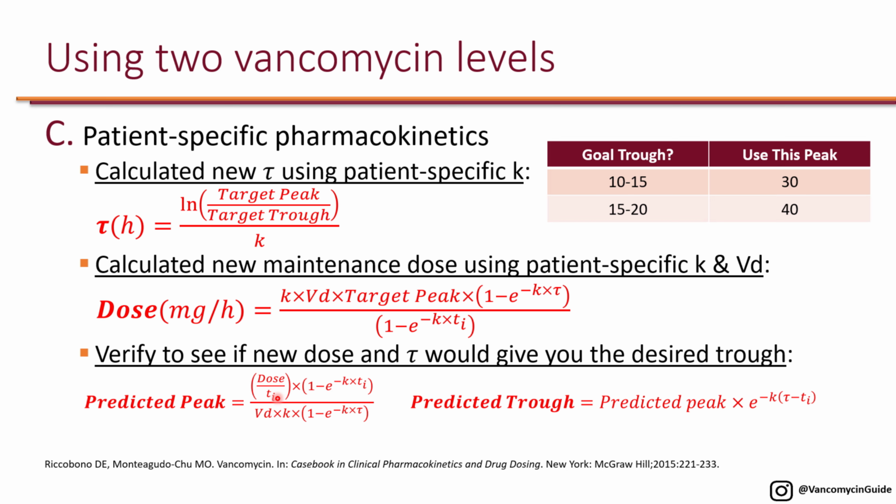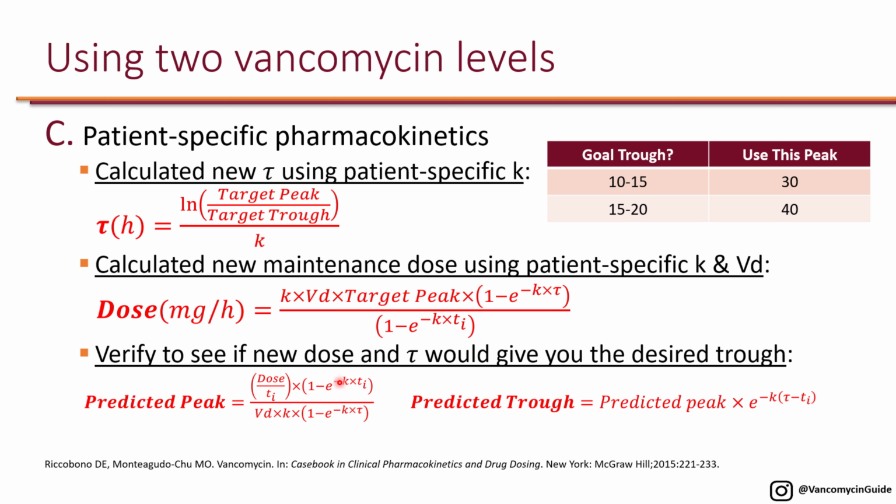Because remember, for vancomycin, we have to choose an infusion time that would avoid or at least reduce the risk of red man syndrome. So if you have a dose of 2000 milligram, then your time of infusion should be 2 hours. So you make sure that you use the appropriate TI, and then 1 minus e to the negative